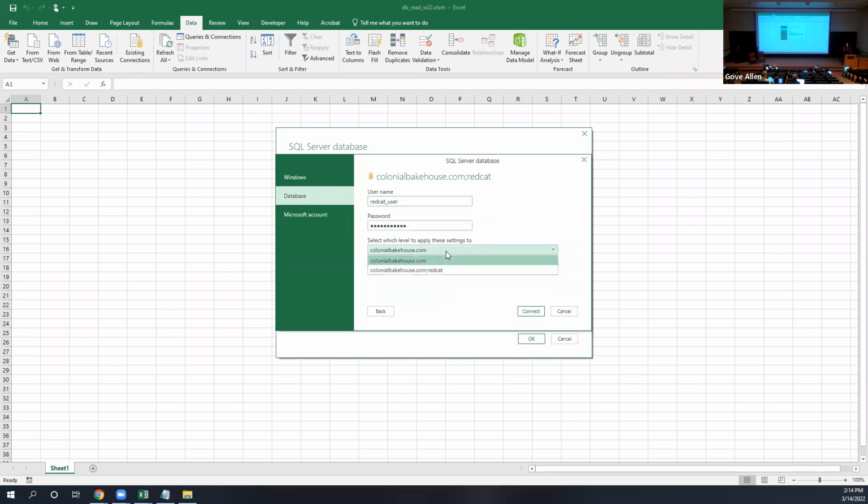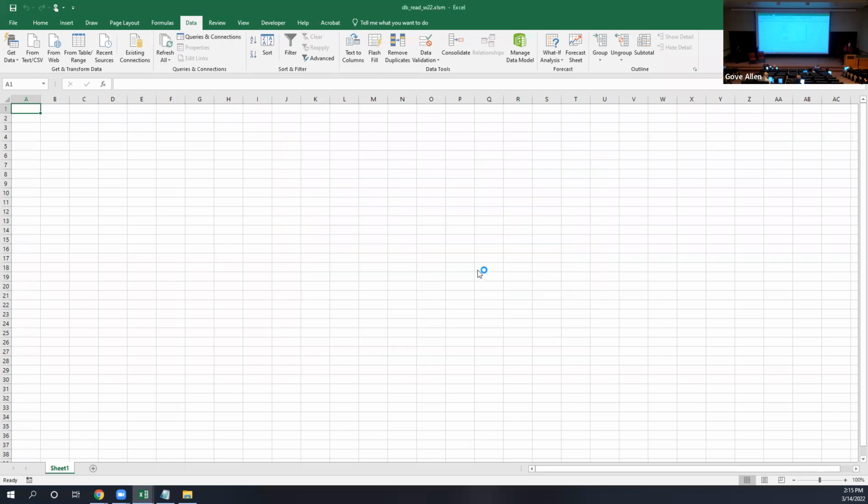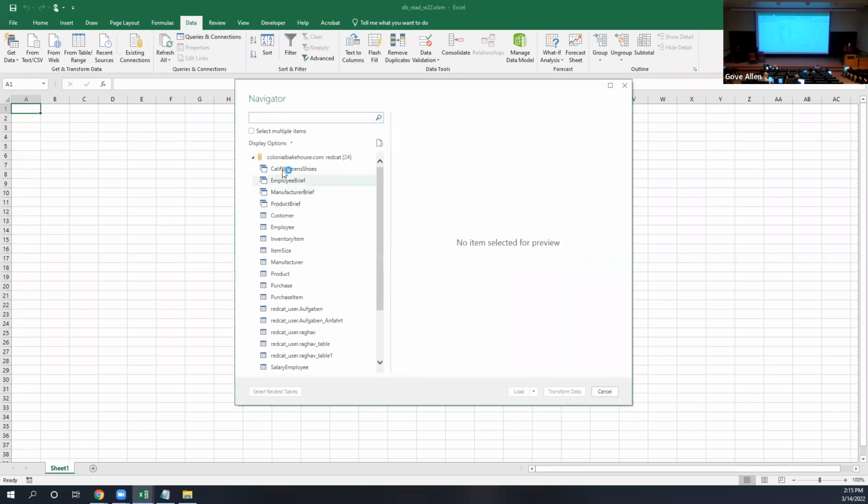Select the level these apply to. Yeah, that default should be fine there, all of this site. Let's say connect and cross our fingers that we're connecting. Actually, now as I'm remembering, this probably isn't going to work so well for you, because I'm not sure that the traffic on this port is going to be routed by your wireless connection. So I'm going to get here and see a bunch of tables that I can select. Are you seeing this? Oh, you are seeing this? Oh, excellent. The thing to realize is that when you're working on any network,